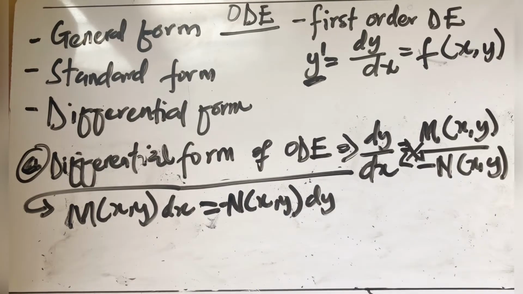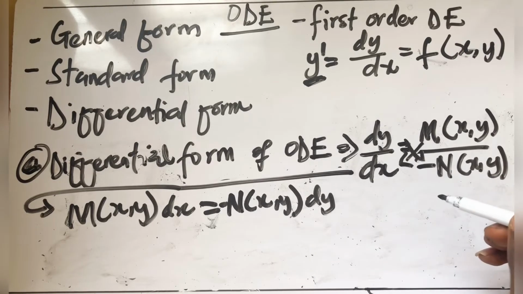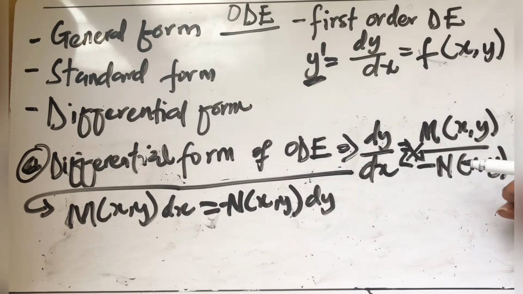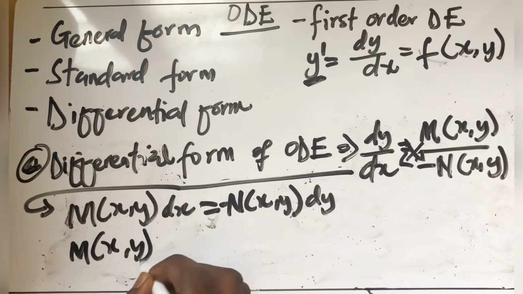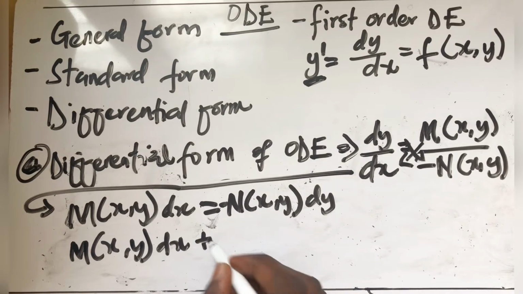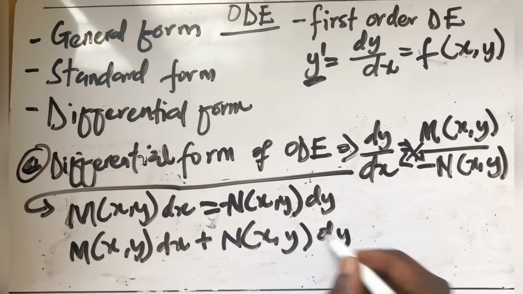So by further simplifying, that's why initially I stated that the general form of a differential equation looks like the differential form, but with the dy and the dx grouped. So this could be further simplified to m of xy dx plus n of xy dy equals